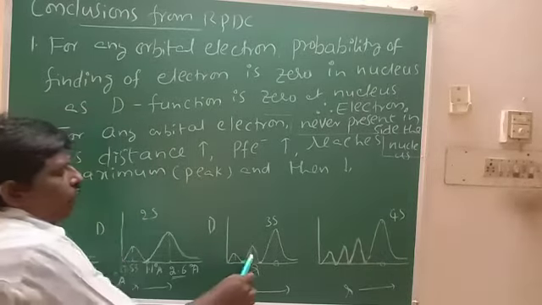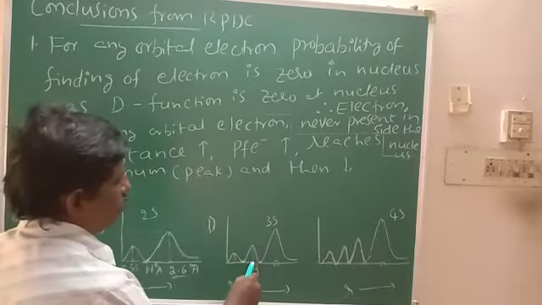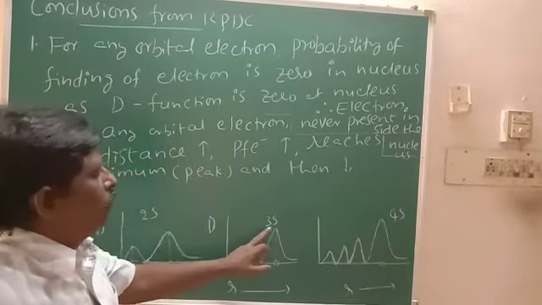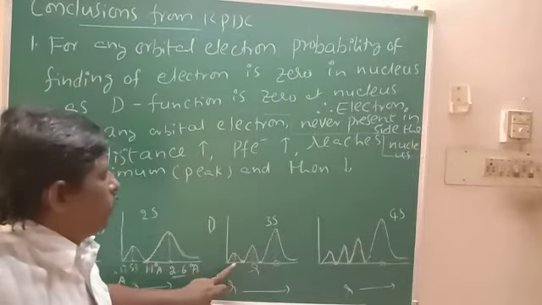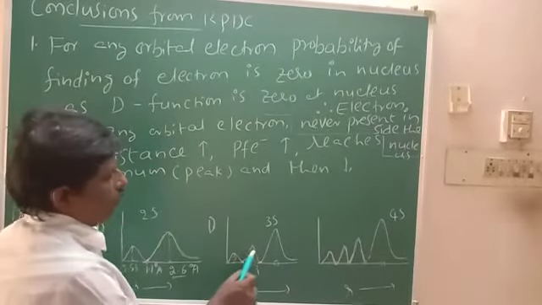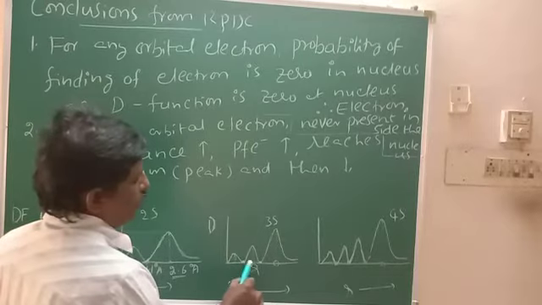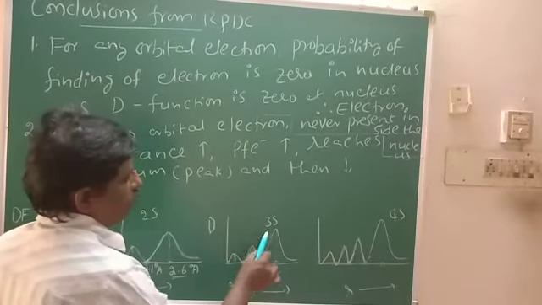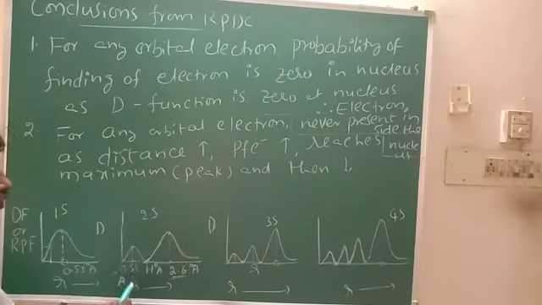Now let us come to the 3s orbital. The 3s orbital has 3 peaks. This is the 1s orbital, this is the 2s orbital, this is the 3s orbital. So from this what we understood, the 3s electron has some probability at the 1s and 2s orbitals also. And at this point and this point, the probability is 0 for the 3s electron. For the 3s electron there are 2 nodes. For the 2s orbital, 1 node. Am I correct or not?